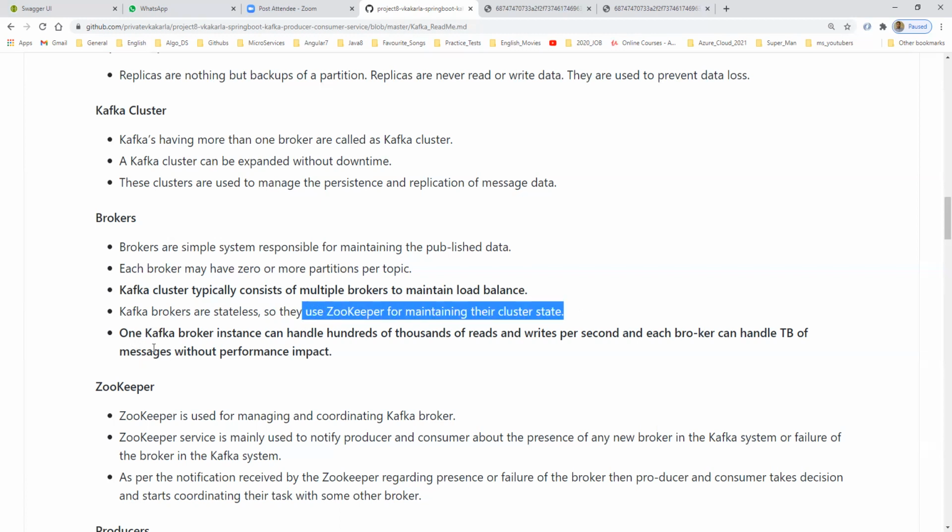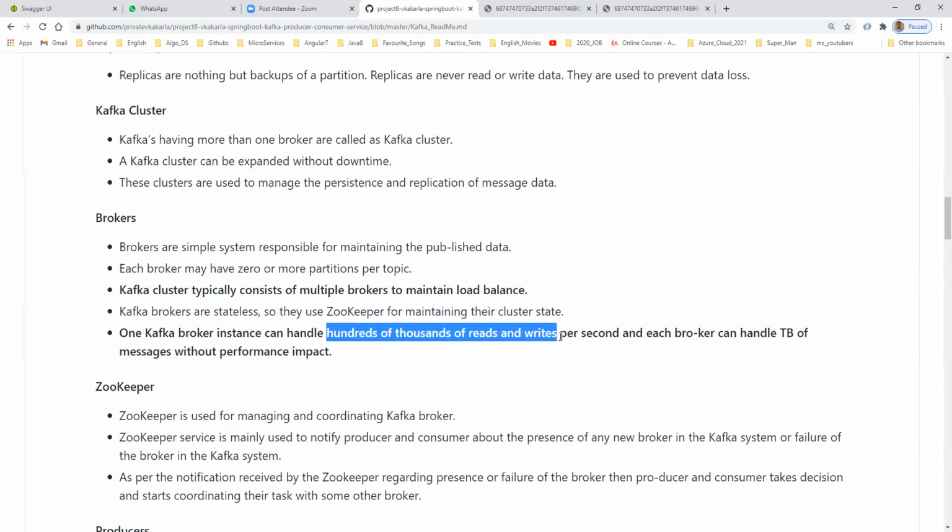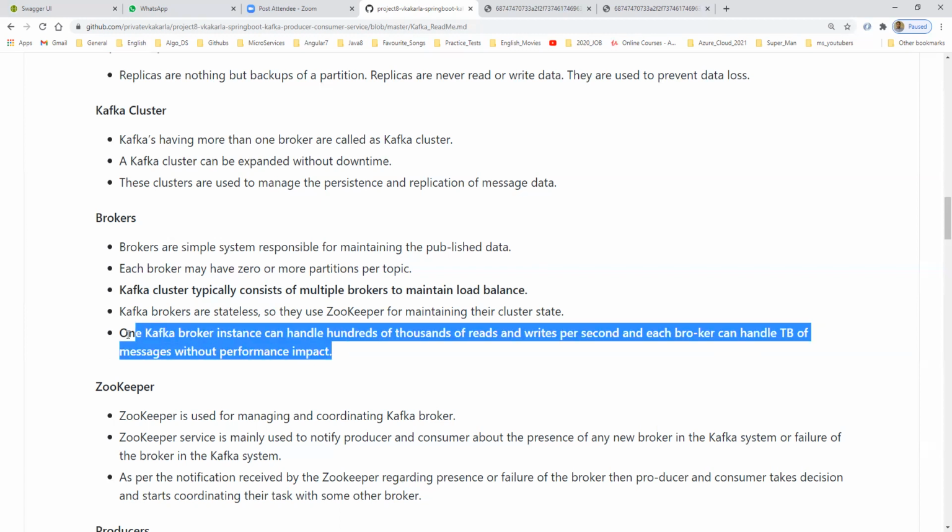Fine. So one Kafka broker instance can handle hundreds of thousands of reads and writes per second. Each broker can handle terabytes of messages without performance impact. Simply, as I said, we have trillions of data in a day.